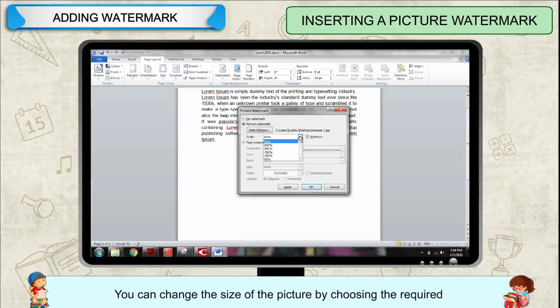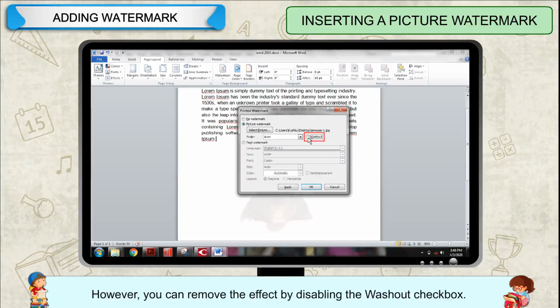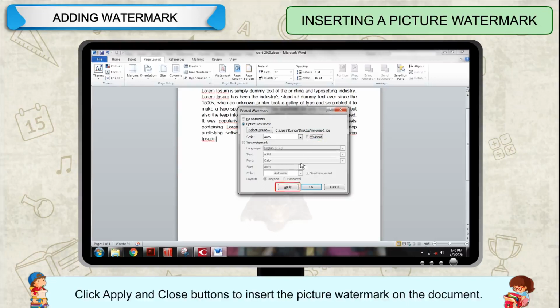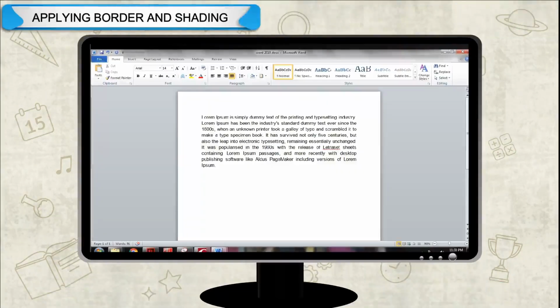You can change the size of the picture by choosing the required percentage option from the Scale drop-down. By default, Word will apply a washout effect for the picture watermark. However, you can remove the effect by disabling the washout checkbox. Click Apply and Close buttons to insert the picture watermark on the document.